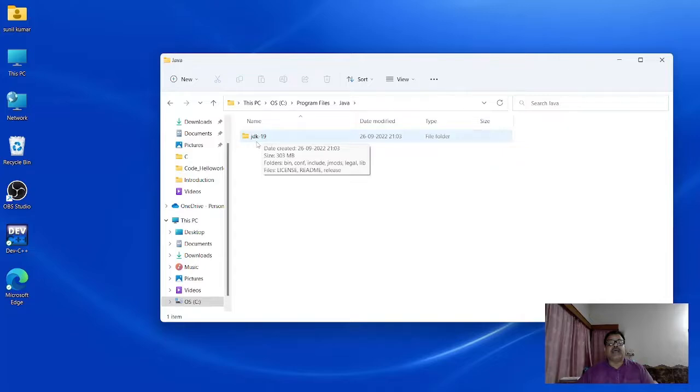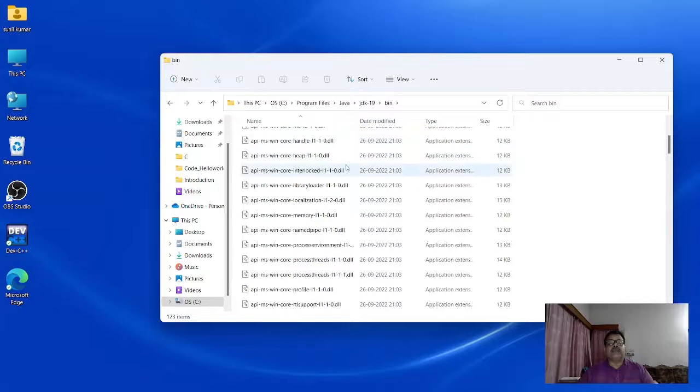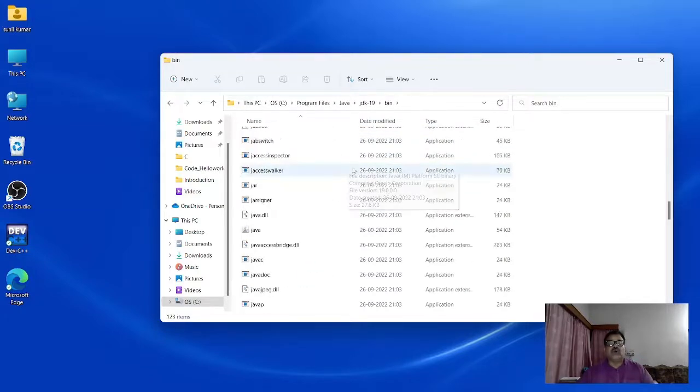For example, I have downloaded JDK 19, so yours may be the same or different. Here you get this bin directory. Actually, I need this path for some purpose. So if you want to check, go here.